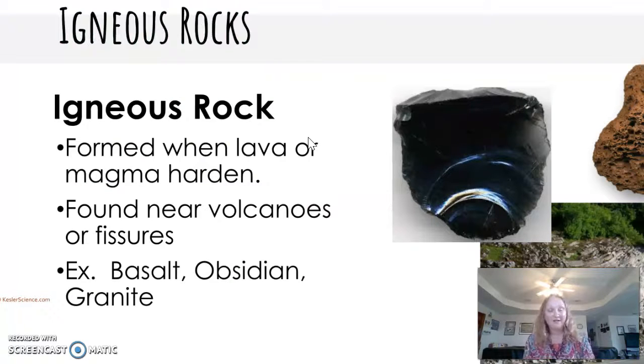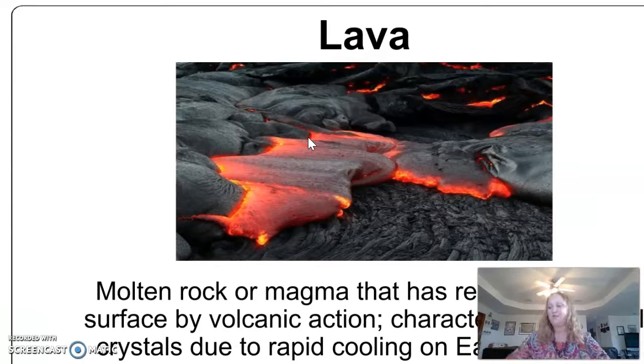Igneous rock is the third type of rock that we have, and it's formed when lava or magma hardens. It's found near volcanoes. This is a volcanic rock, such as basalt, obsidian, and granite. That happens when you have your